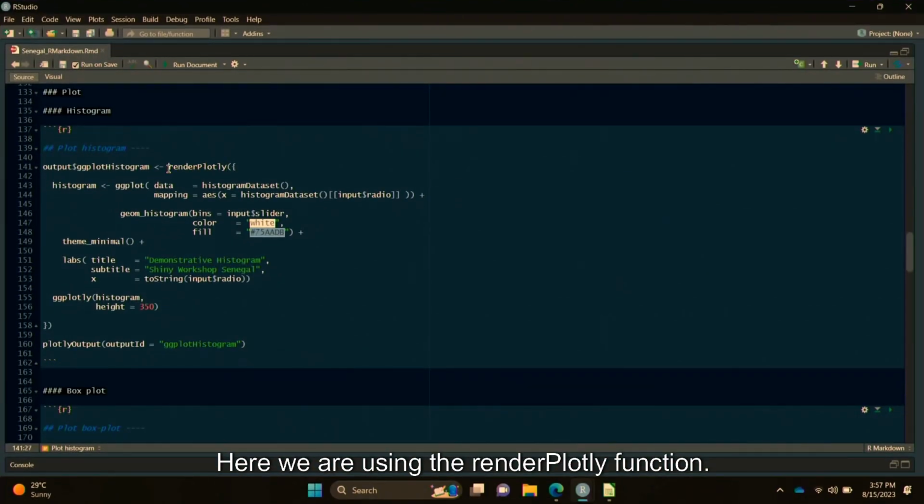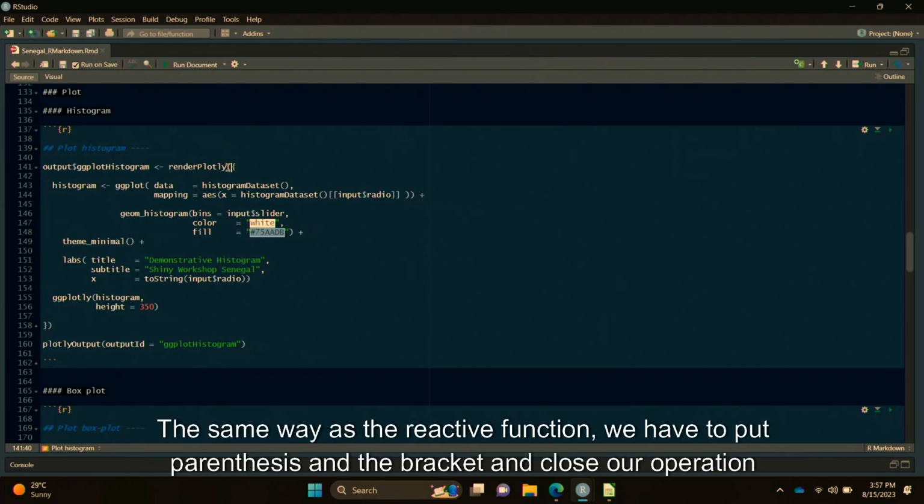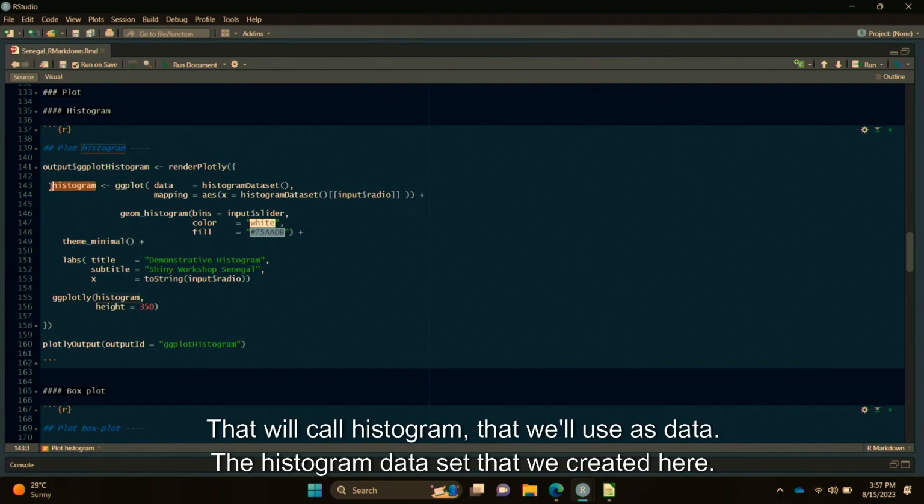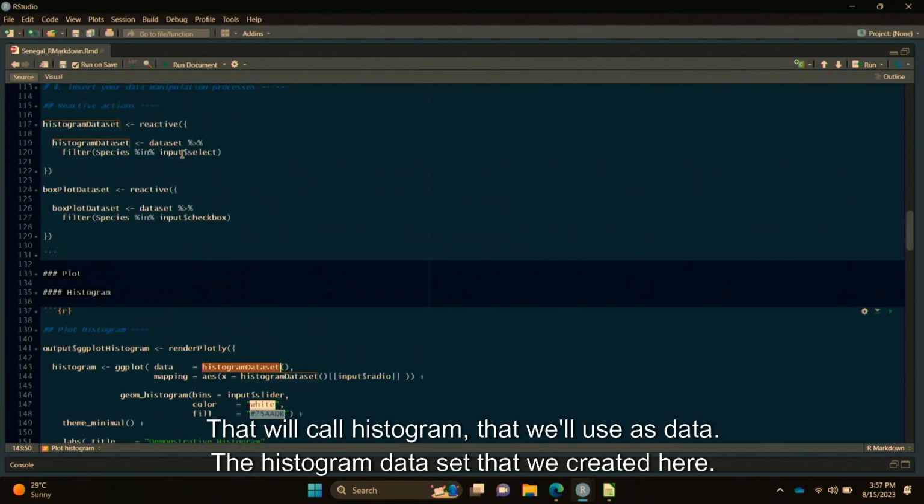Here, we are using the renderPlotly function. The same way as the reactive function, we have to put parentheses and a bracket and close our operation here with a bracket and a parenthesis. Inside here, we are creating a ggplot that we'll call histogram, that will use as data the histogram dataset that we created here,